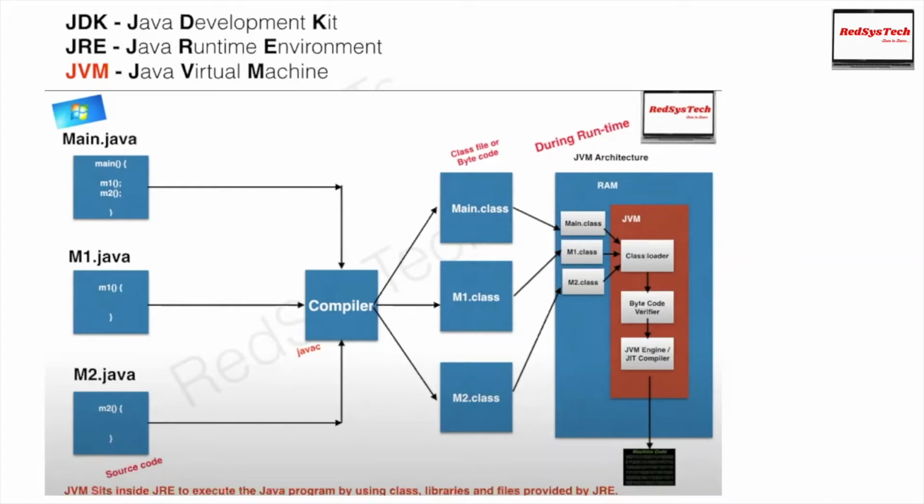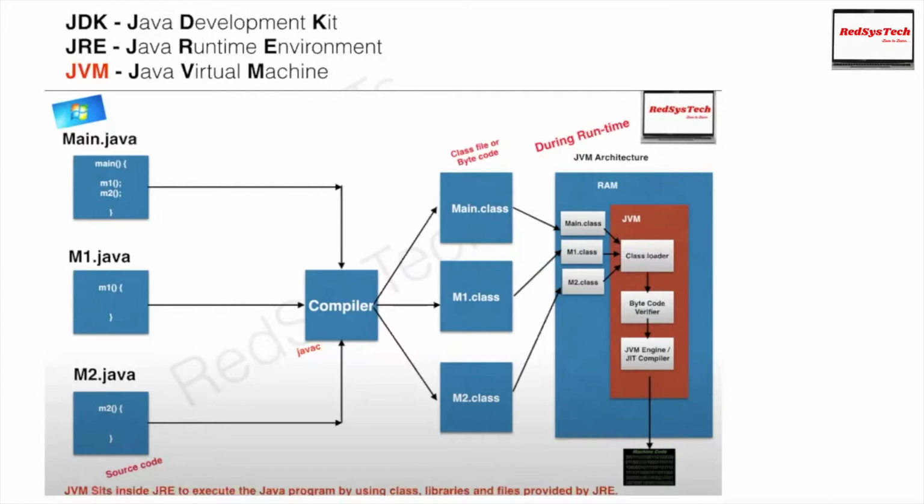It will go one by one. Whenever you try to execute a class file, the class loader is the one which loads the class with the .class extension into the JVM. Once it gets loaded, it is going to verify the bytecode, whether it has any error in the class or not. Once it is verified, it is executed by the JVM engine, which is nothing but the Java just-in-time compiler used internally within the JVM. And there are some more developer jar files associated with the JVM. So this is how the .java is converted into a .class file that gets executed in the JVM.